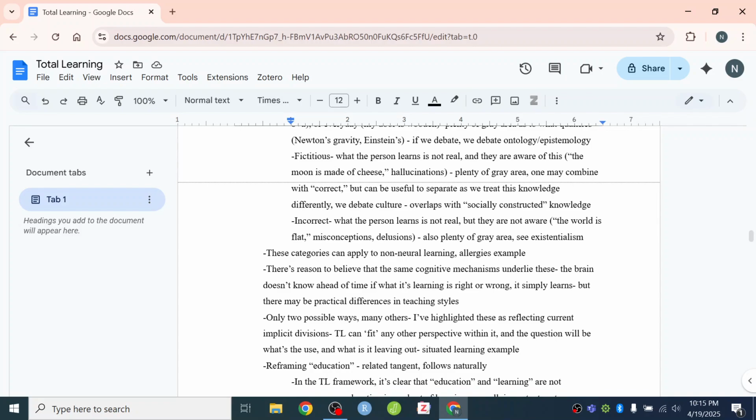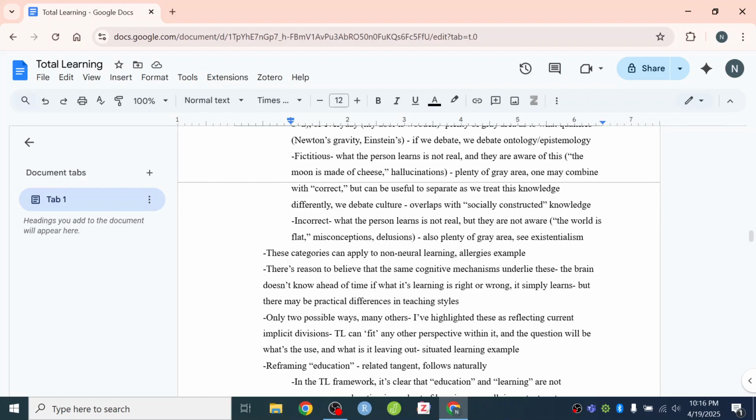Okay, the next implication here, I'm going to go through a little more quickly because it's a bit of a tangent. It's a related tangent. I think it follows naturally from some of the other implications that I've been discussing, but it is sort of its own topic. And once again, it's something that I've been thinking about, that's been framing the way that I've been considering things that I see as being compatible with the total learning construct, and which incorporates points that have been made elsewhere.